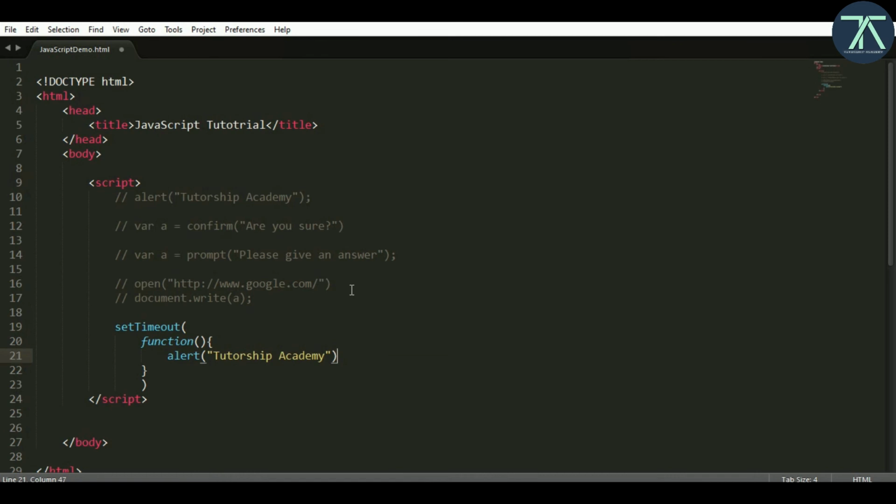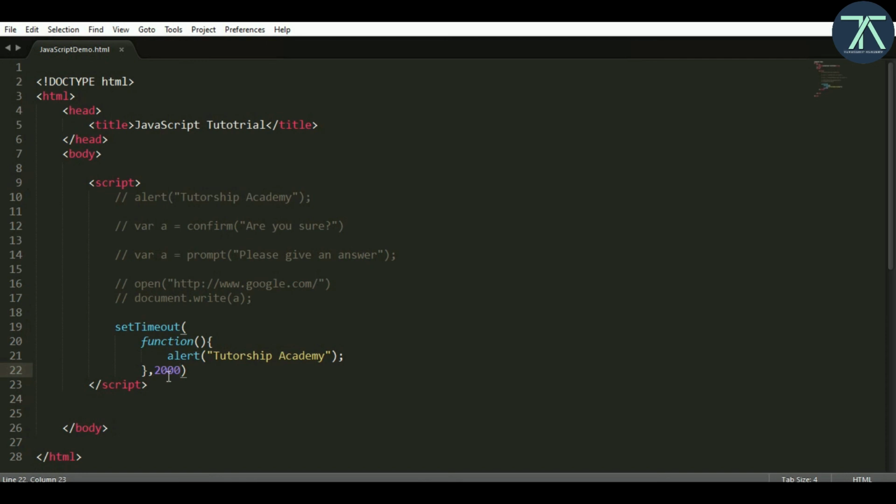After this function is done, before closing the bracket of setTimeout, I give a comma and put some time in milliseconds. I give 2000, so 2000 milliseconds means 2 seconds. This function will give a pop-up box with this message, but after 2 seconds. Now if I save, go to my browser and refresh, we have to wait for 2 seconds and then it will pop up.